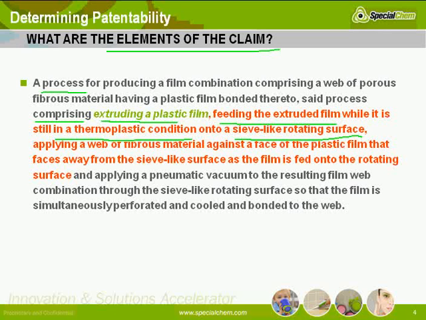Now, elements are not written in stone. You could combine two of these and say that extruding the film and feeding it constitute one element of the claim. But essentially, what you're doing here is breaking down the process of your invention into its individual